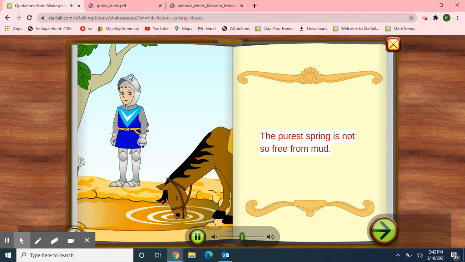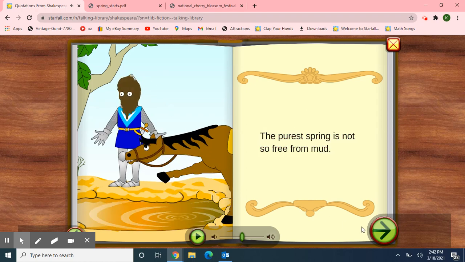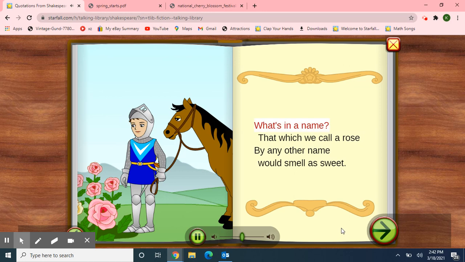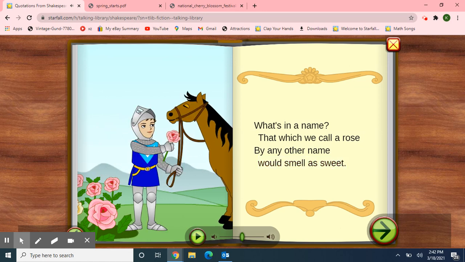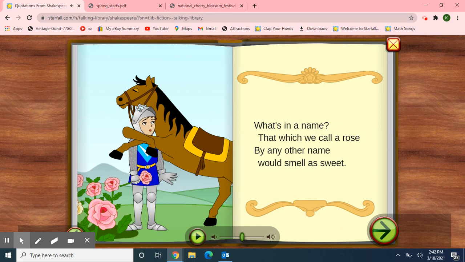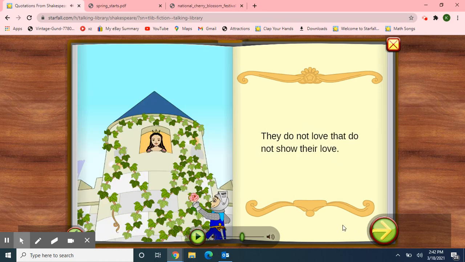The purest spring is not so free from mud. What's in a name? That which we call a rose, by any other name, would smell as sweet. They do not love that do not show their love.